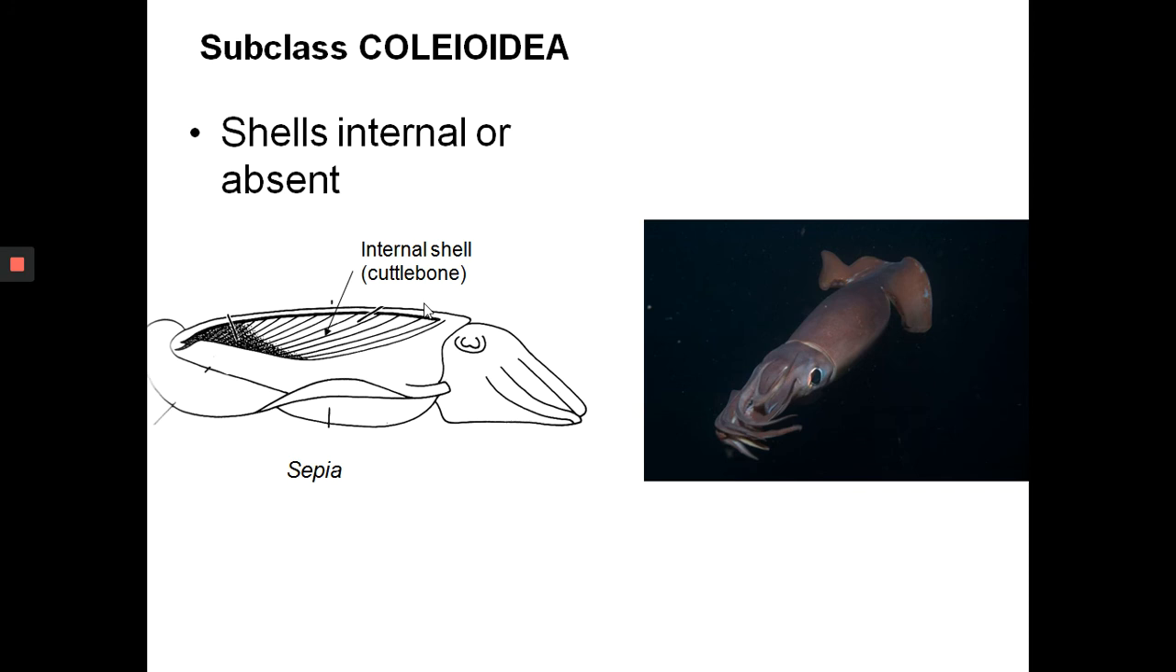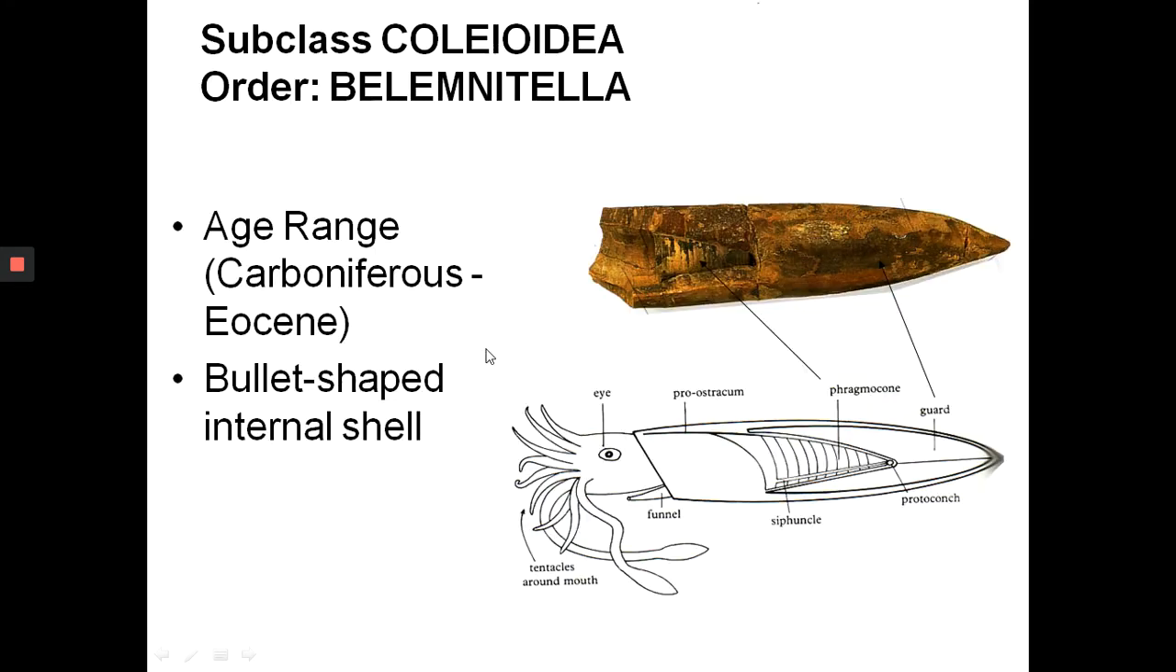Now let's look at Coleoidea. This one will be the most familiar to you. Again, a lot of the members are still around today, right? You have a soft body, and the shells are inside, or the shells are absent. For example, in octopus, there is no shell, and in cuttlefish and squid, you have an internal shell. But if you look at the fossil record, the most common type of coleoid that is preserved are the belemnites,